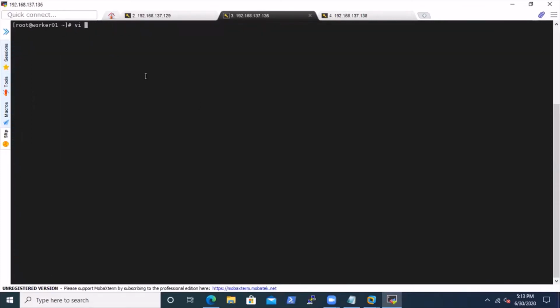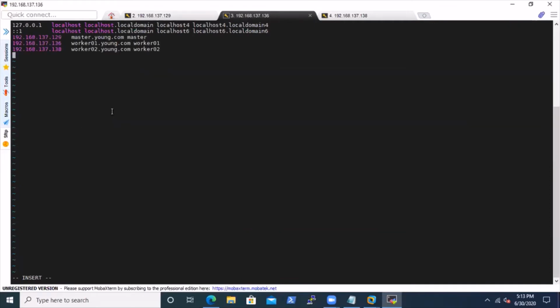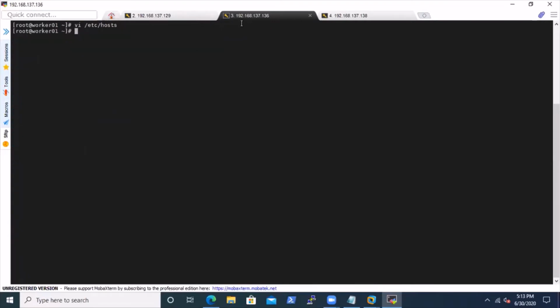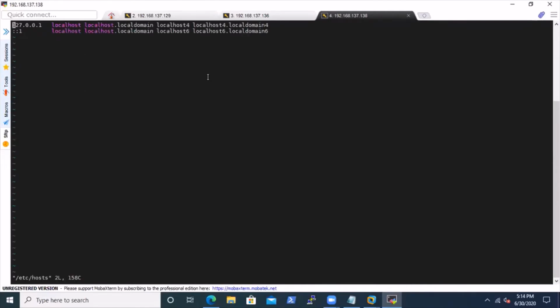We'll do the same for the other nodes as well. Open the hosts file and paste the same. So everybody will have a copy of the IPs and names, so that when they use a name, it resolves to the IP address. Here also we'll do the same.